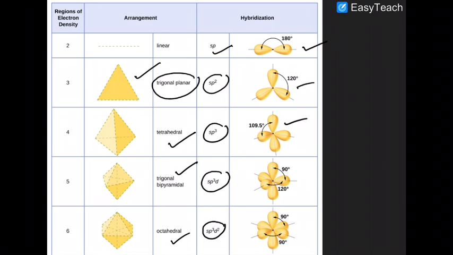Are you getting that or not? And you must understand that all this is applicable only when you have bond pairs only. There is no presence of any lone pair. Presence of lone pair will distort these geometries. Despite being sp2, if a lone pair is present, it will not be a perfect trigonal planar. If a lone pair is present in sp3, it will not be tetrahedral. If a lone pair is present in sp3d, it will not be trigonal bipyramidal. Okay, sure about that?